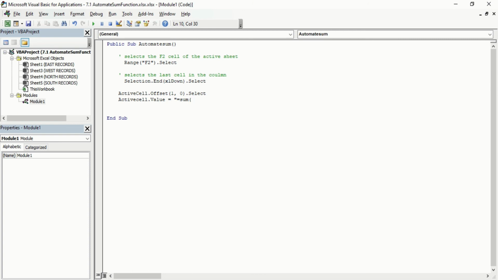For now we know it is starting from F2, and after that a semicolon. But we do not know where it ends. So we will put a semicolon, then a space, and put an ampersand character. The ampersand character will help us adjoin those characters.